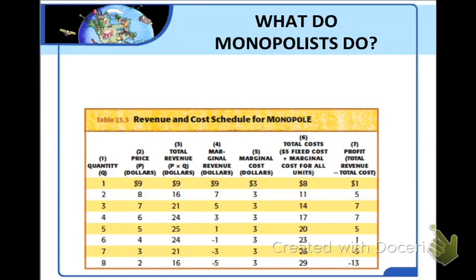This power is limited by what consumers are willing and able to pay, of course. So if the product is something people need or want very much, people may be willing to pay a very high price. A monopolist may also choose to lower its price in order to attract more customers. The monopolist's power to set the price means the monopolist is a price maker.